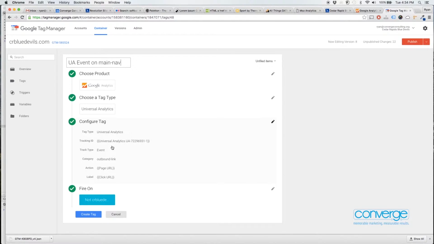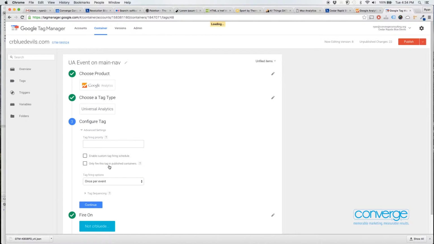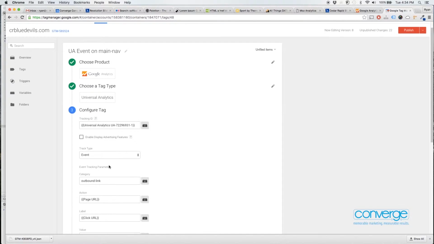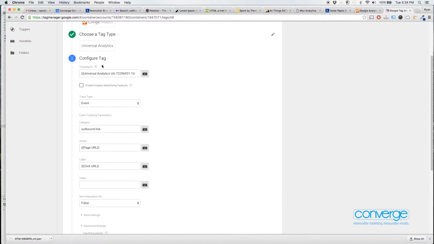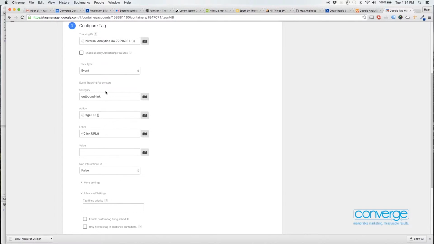I like to start my events with UA event followed by the element I'm going to be tracking. With the tag renamed, we will confirm that we are creating this tag for Google Analytics and more specifically, Universal Analytics. Now we can actually configure this tag. Begin editing the tag by again verifying that you are creating a Universal Analytics tag and that you are using the correct tracking ID. We will be tracking an event, which means we need to define every event category, action,